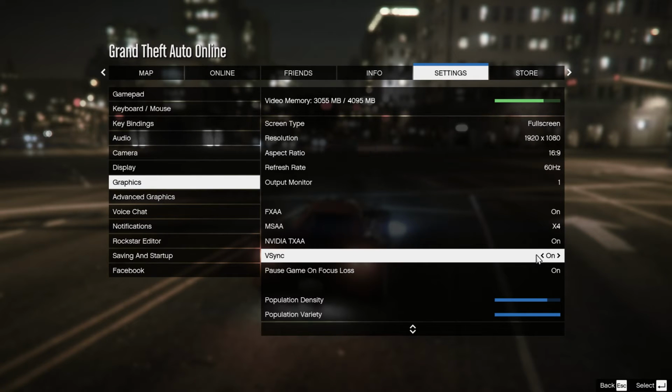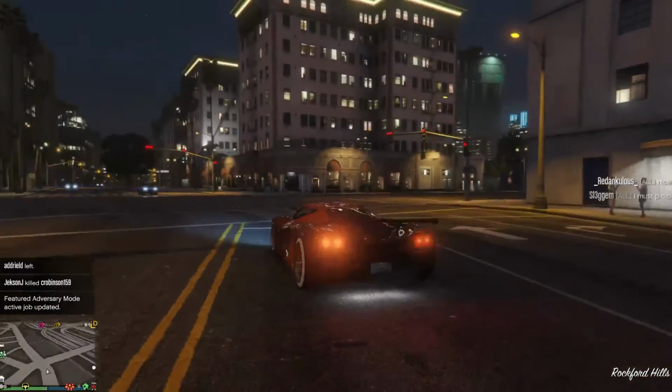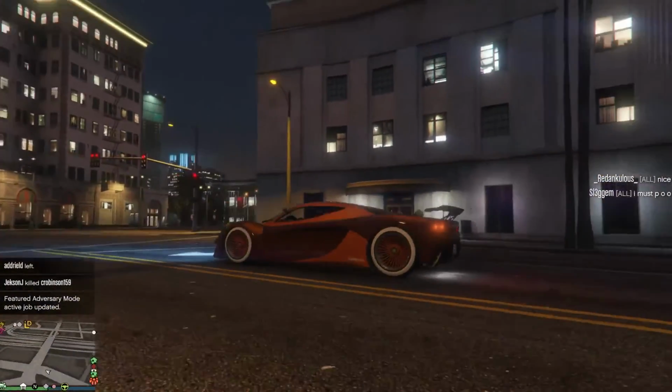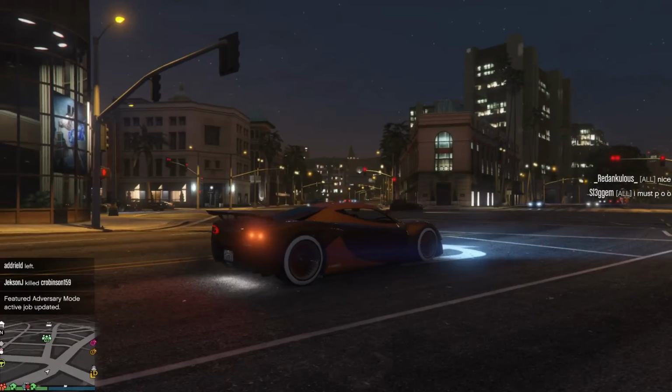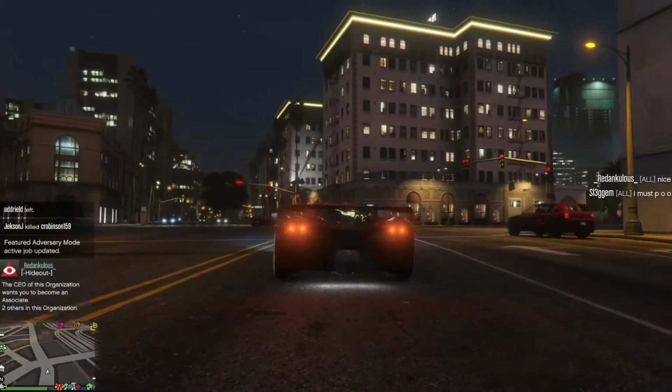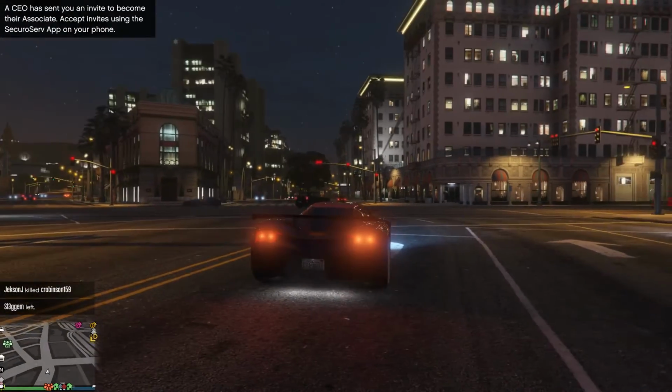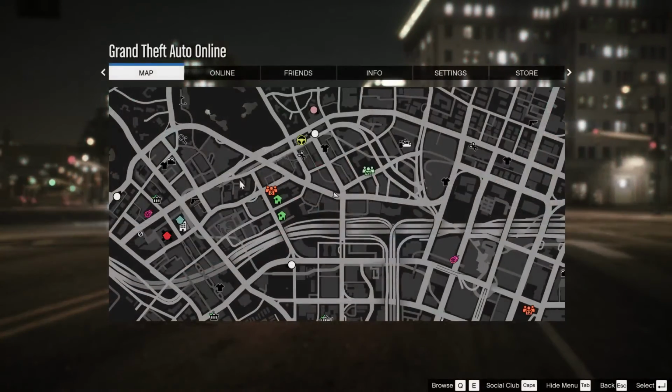Like I said, I run VSync on because I have a 60 Hz monitor. What VSync does for a 60 Hz monitor is ensure you don't get any screen tear. If you turn VSync off in your NVIDIA settings, you will get screen tear, and you will notice it while you're playing this game. Like when you're turning, you get screen tear. As you can see, I get no screen tear, and that's all about graphics quality. That's why VSync's on for my monitor. Okay, so